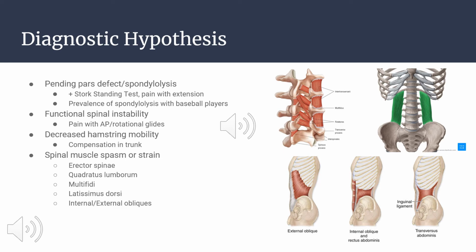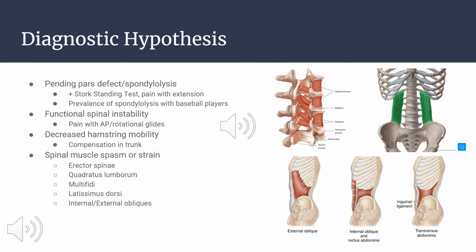I do definitely think he has functional spinal instability. So he had pain with the AP and rotational glides. He demonstrates decreased hamstring mobility severely, bilaterally, and that could lead to compensation in the trunk, especially when looking at his mechanism of injury, touching the ground during the shuttles when he was changing directions. And also he could have some spinal muscle spasm or strain occurring as well. But as you'll find out later in my interventions, he did respond well to soft tissue massage and moist hot packs. So I'm thinking more spasm, as well as